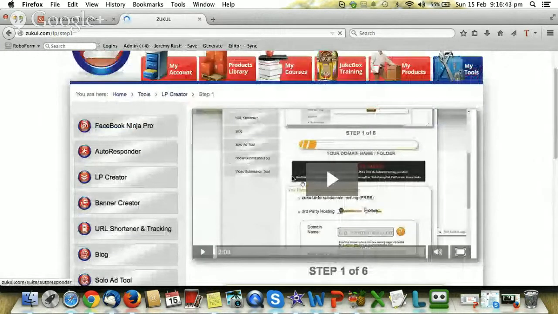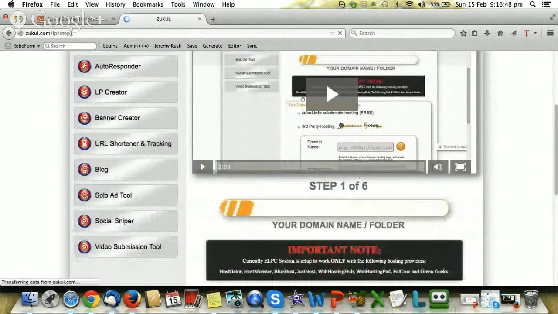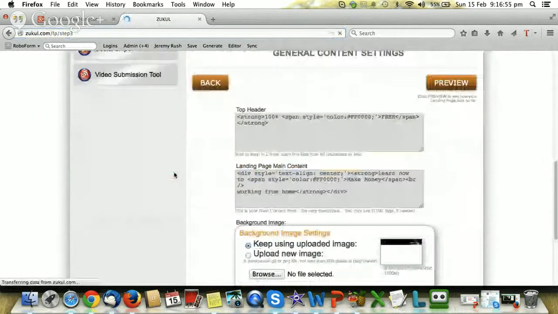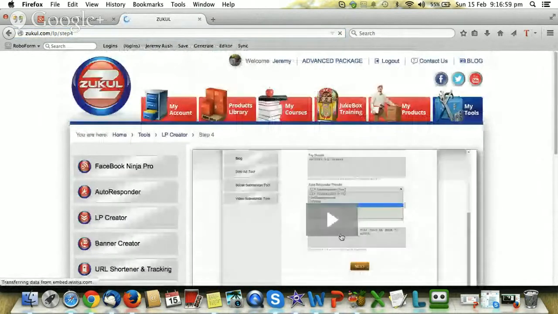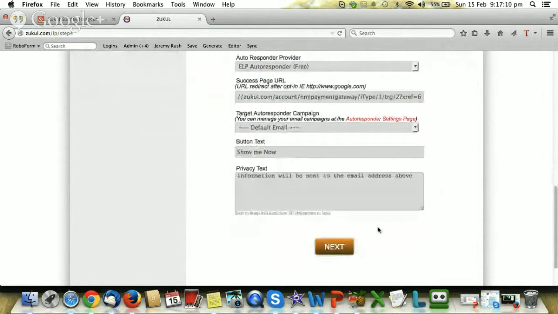So let's just say that I was promoting the intermediate package, and I'd made myself a landing page for the intermediate package. When I got to the opt-in settings, so not on this one, it's on step 4, this website address, I would put that sales link in there. Okay, so I'm just going to go next,